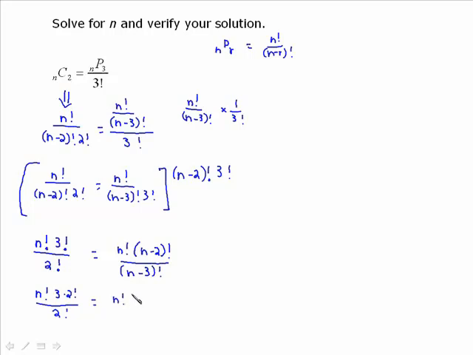Just like this one, that n minus 2 factorial is equal to n minus 2. The next term would be n minus 3, because we're going down by 1. And then we stop right there. And then you can see that we will in fact cancel that denominator, and you could have done so immediately if you saw it. So these will go away,